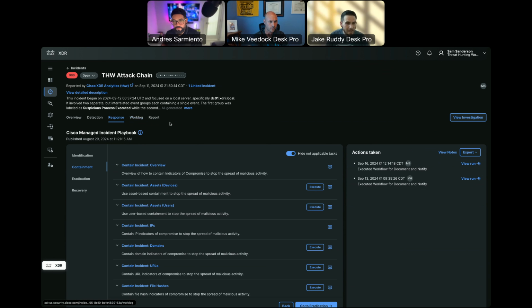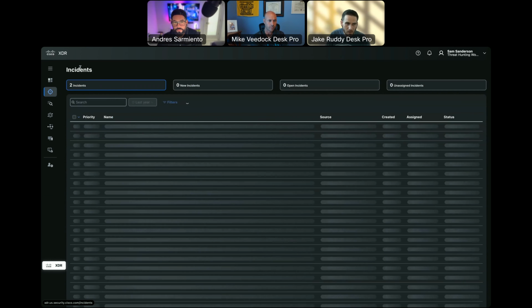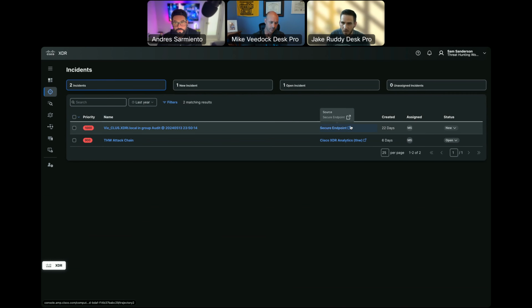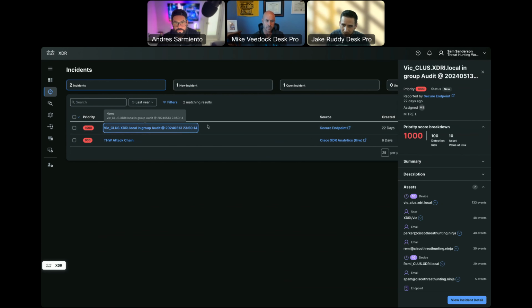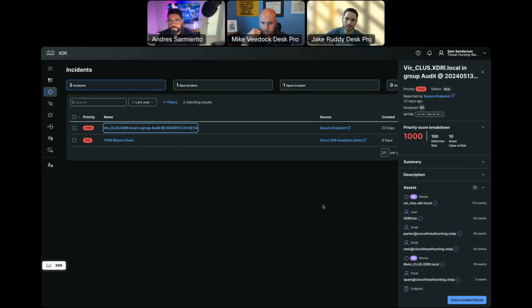I can automate any of those workflows to run at any point in time based on any of the data in the incident. What time did it come in? What assets were involved? What was the source? What were the tactics and techniques used? What was the score of it? What was the asset value? Any of the data points inside of an incident, I can use to build a trigger that says, if an incident comes in and XYZ criteria are met, let's immediately go block the public domains that were part of the incident. I'm fairly safe I can do that without causing too much pain and suffering. Let's go block those immediately.